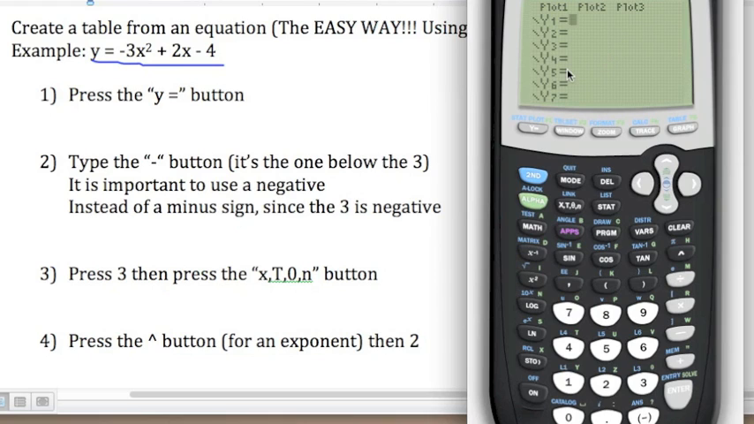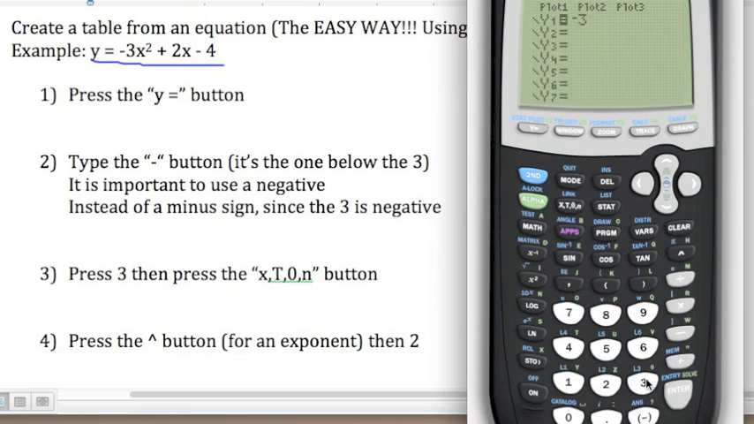You should see the screen. Now we want to type out the right hand side of the equation. The first thing we're going to do is type the negative in front of the 3x. Negative is down here below the 3 next to the enter. It is important that you use a negative instead of a minus sign, since 3 is negative. The calculator thinks negative is different from subtract, so keep that in mind. So we go negative